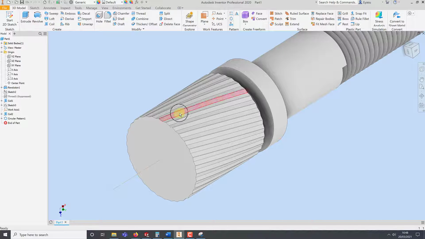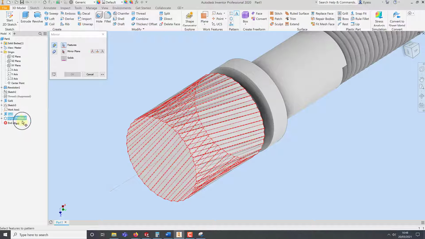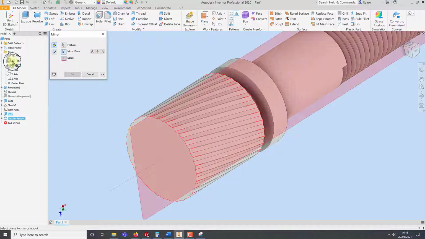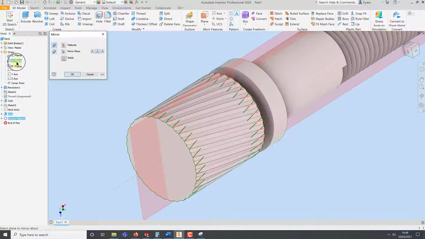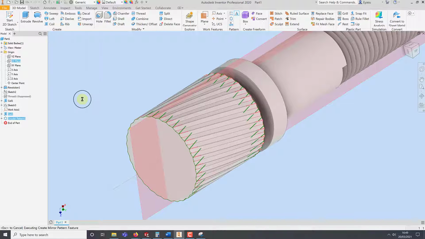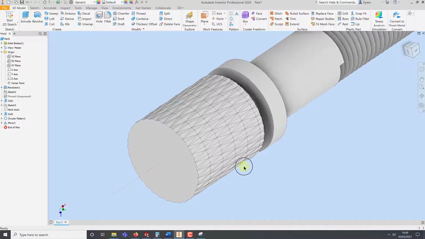So the next thing is I want to crisscross this using the mirror tool. So mirror, what's the feature? The feature is going to be these two, the coil and the circular pattern. The mirror plane is going to be one of these two planes. You could choose one of these two, it doesn't really matter. So if you choose this, you could see straight away there's a cross. You say okay, and there is the